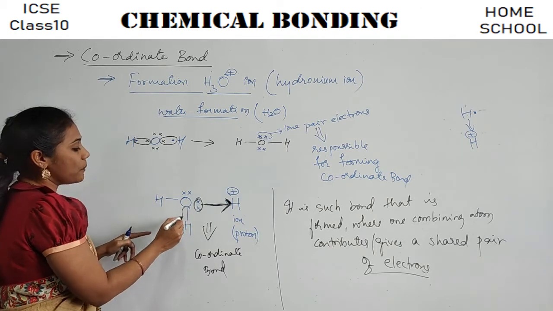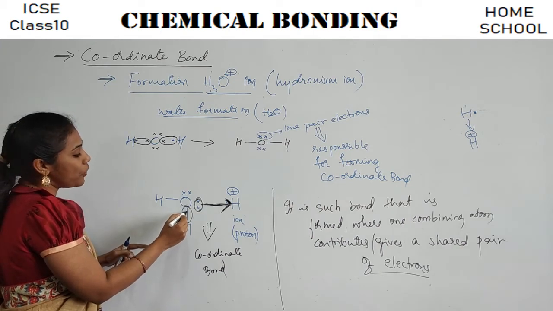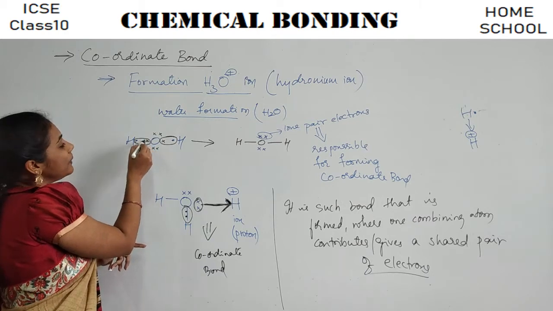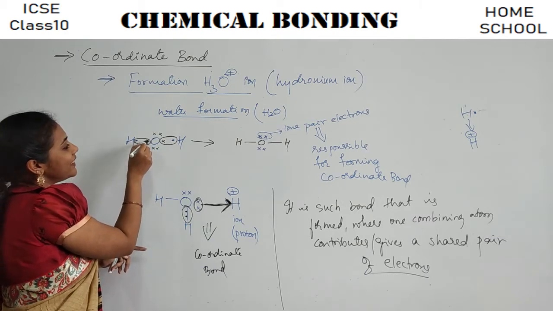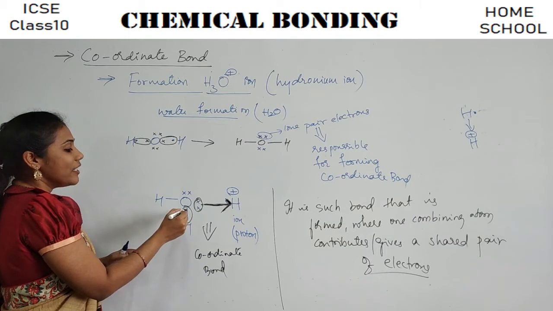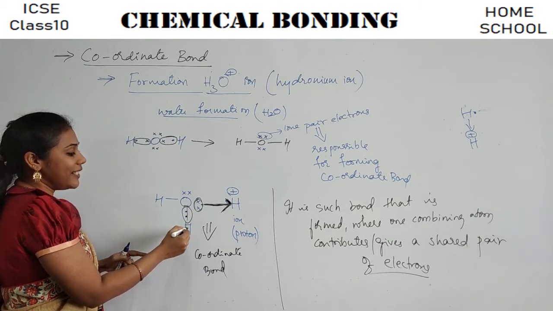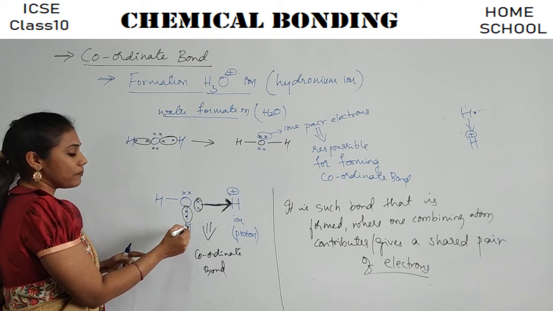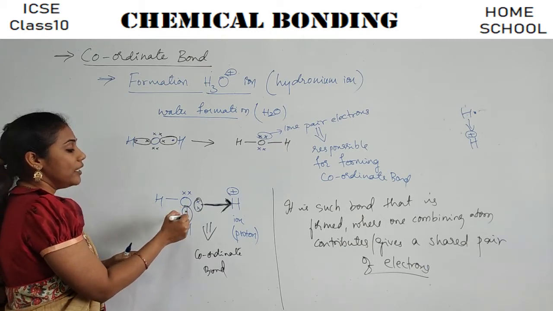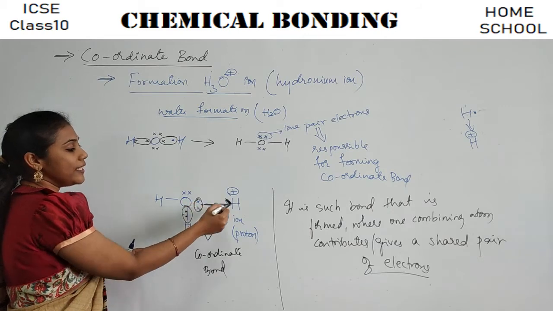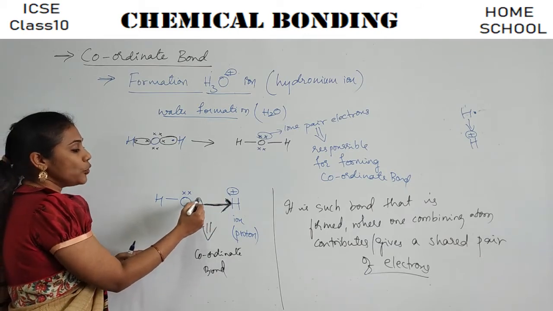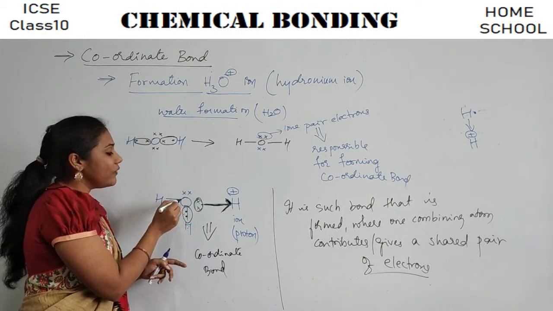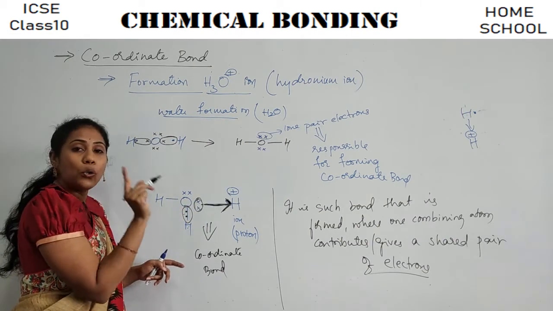And you observe this bond, guys. This bond is also formed with the help of two electrons. But here one electron belongs to hydrogen, another electron belongs to oxygen, right? So between oxygen and this hydrogen, two electrons are there, but among them one is from hydrogen, one is from oxygen. So it is shared, but this bond is very different. So here also two electrons are shared, but both the electrons are completely given by one atom only.